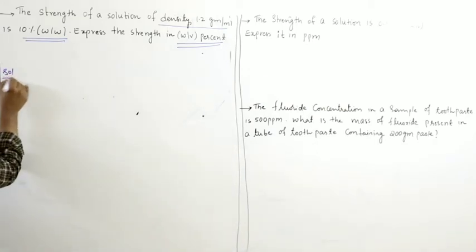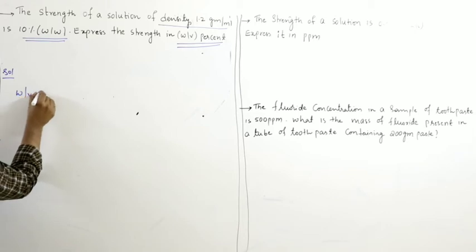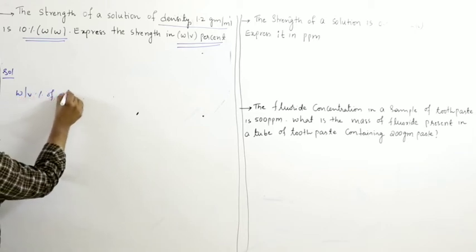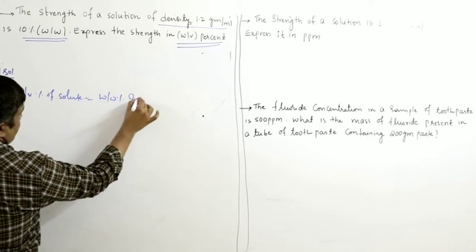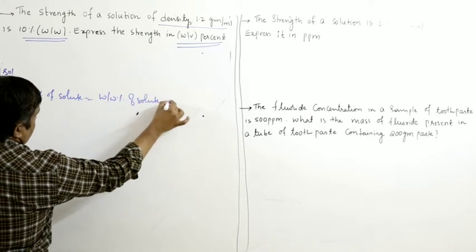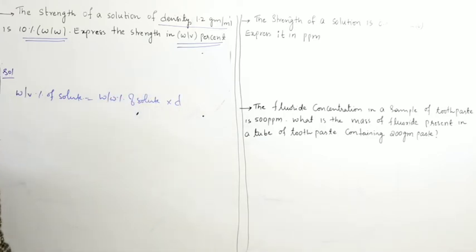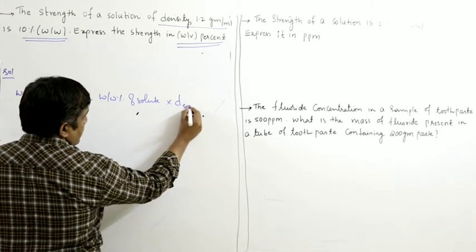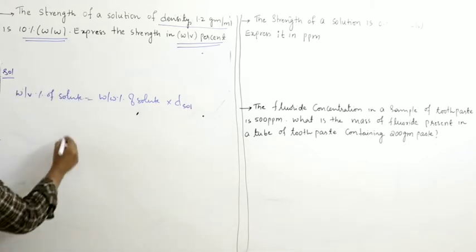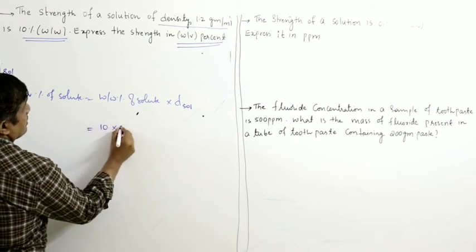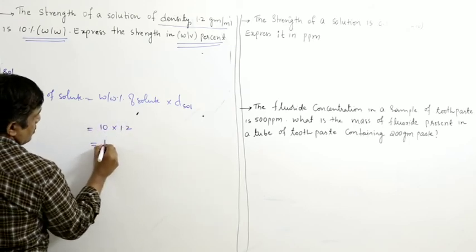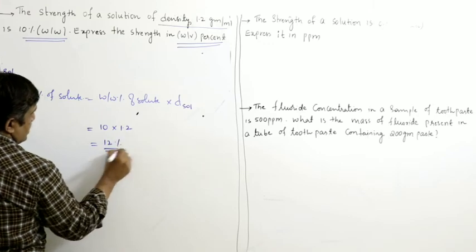We have just now studied that weight by volume percentage of solute is equal to weight by weight percentage of solute into density of solution. So substitute the values: weight by weight percentage is 10, density is 1.2, so you will get 12%